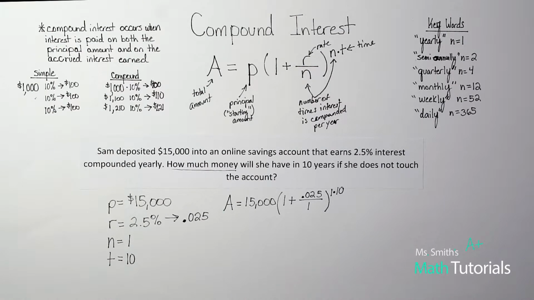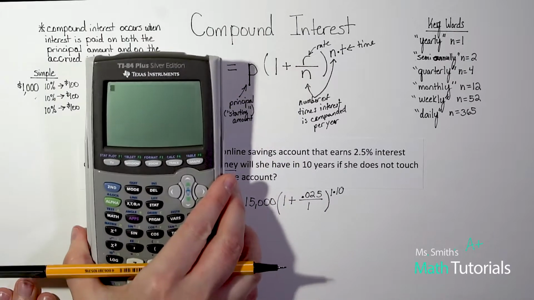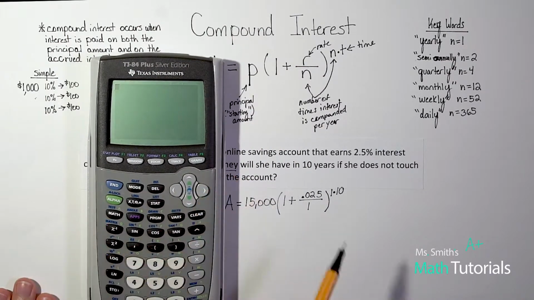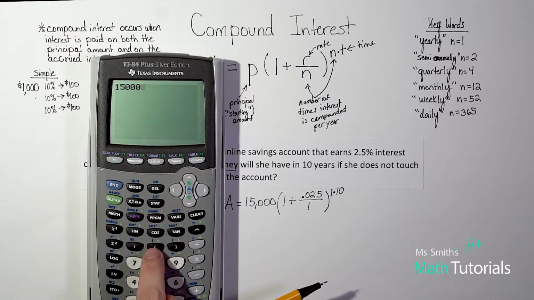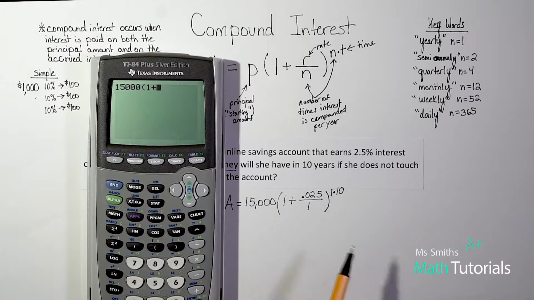Now what's cool, some of you are looking at that and thinking, man, that is a lot of work. We can actually just put that right in the calculator. So if you pull your graphing calculator out, we can type this in. Let me show you how to do it. We would do 15,000 parenthesis 1 plus,